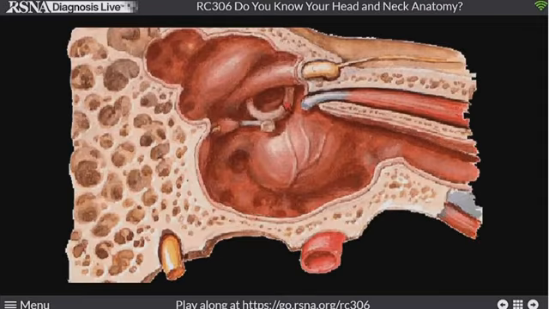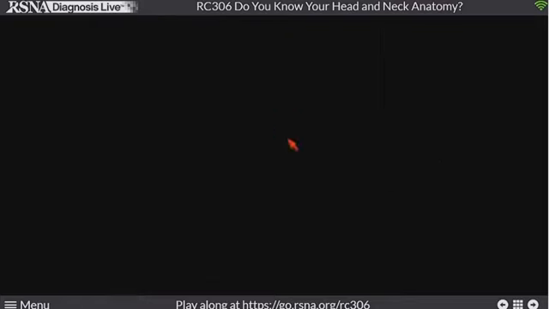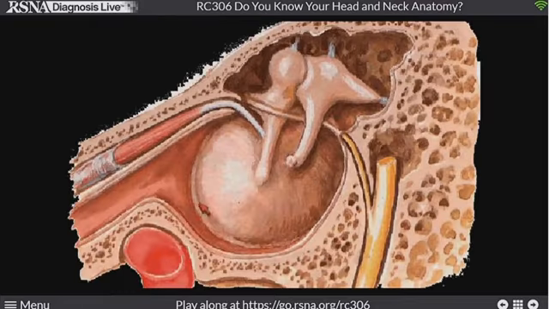There are 3. Here's the stapes that we see medially. If we're inside that box that is the middle ear cavity and we look medially, we see the cochlear promontory. This is the eustachian tube, so I know this is anterior, this is posterior. Here we see the stapes going up to the oval window. If we look around the other direction, we see the tympanic membrane attachment. Here's the eustachian tube, so now I know this is anterior. And I see the attachment of the manubrium at the little indentation called the umbo.